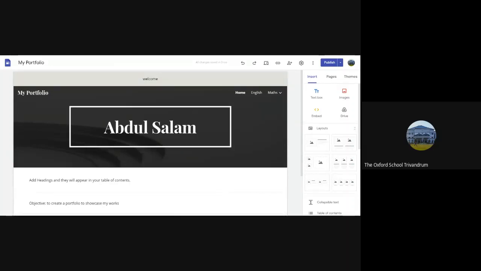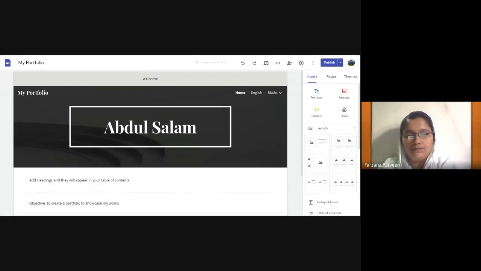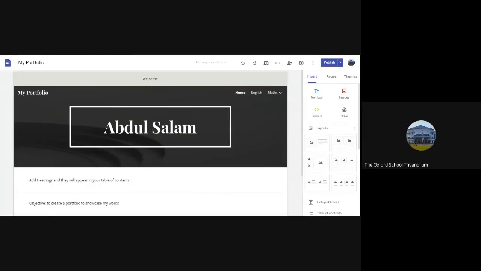When you select the link, if you are on the English page, instead of home, it will come as English. So always when you click the link, be on the home page so that it begins with the first page. Did you click and see whether it is opening or not? Yes, it's opening, sir. Okay, fine. All right. So we have successfully created an e-portfolio.